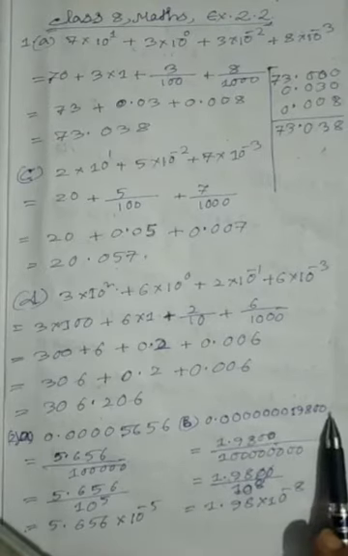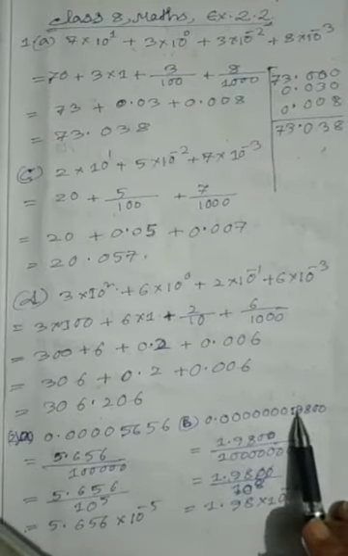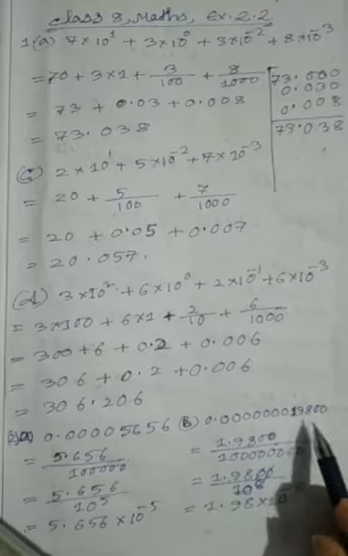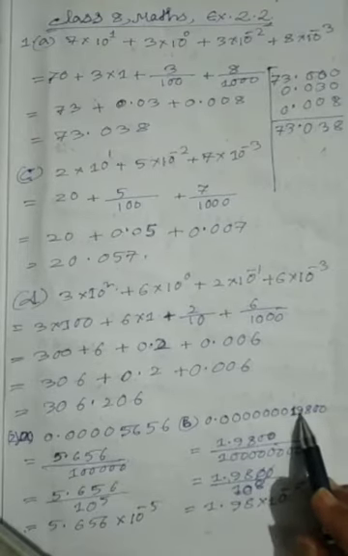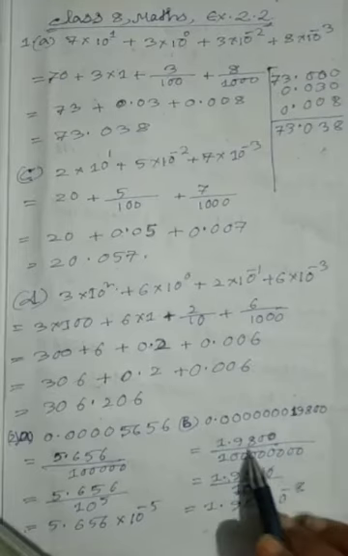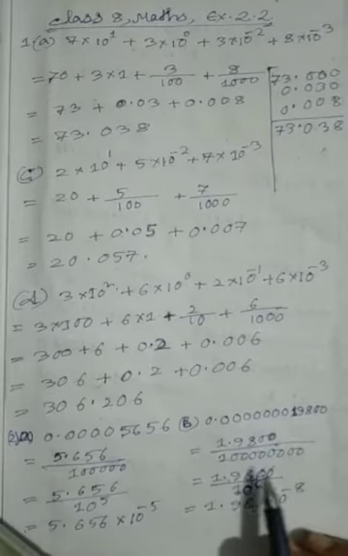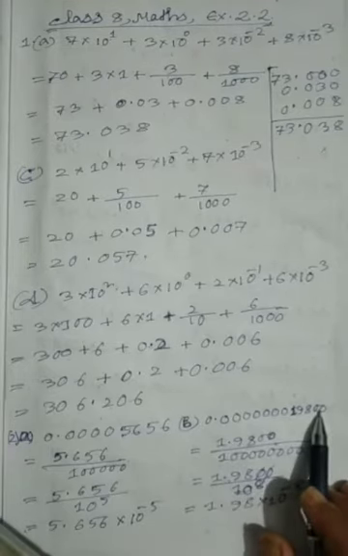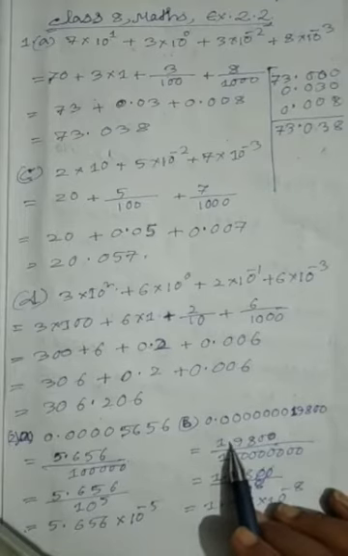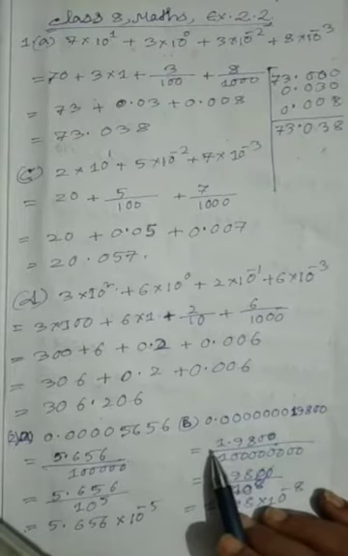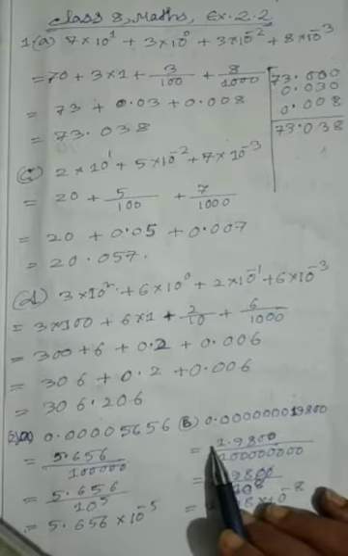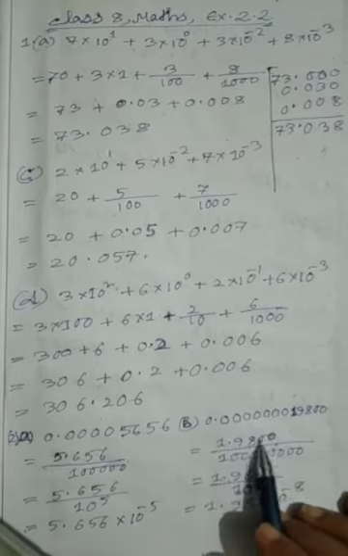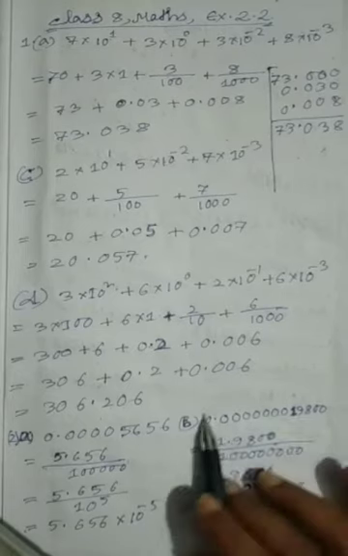Now see in this number. So the point should be here. Why? In standard form, one digit should always be on the left-hand side of the point. So the point will be here, but you don't give the point here now. To make it the same, you have to divide. Now 1.9800 I have written here because the point should be here. Means in standard form, one non-zero digit should be on the left-hand side of the point. Now it should be 1.9800, but we have to make it the same now.